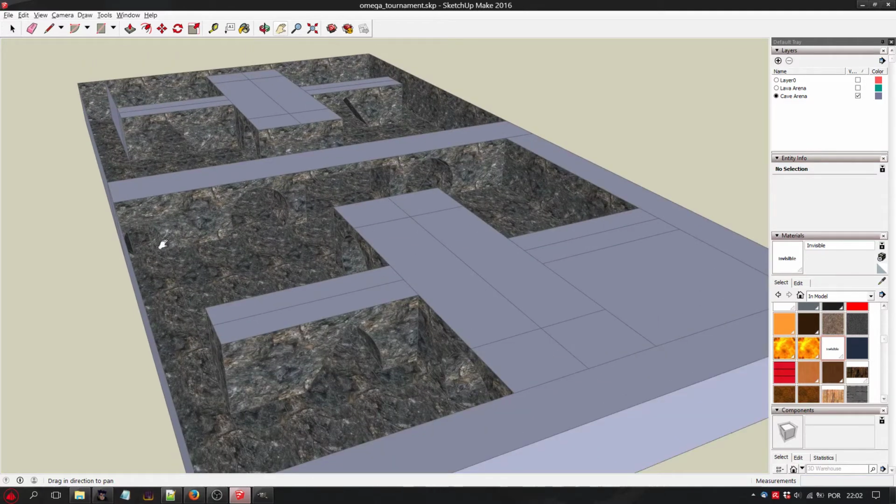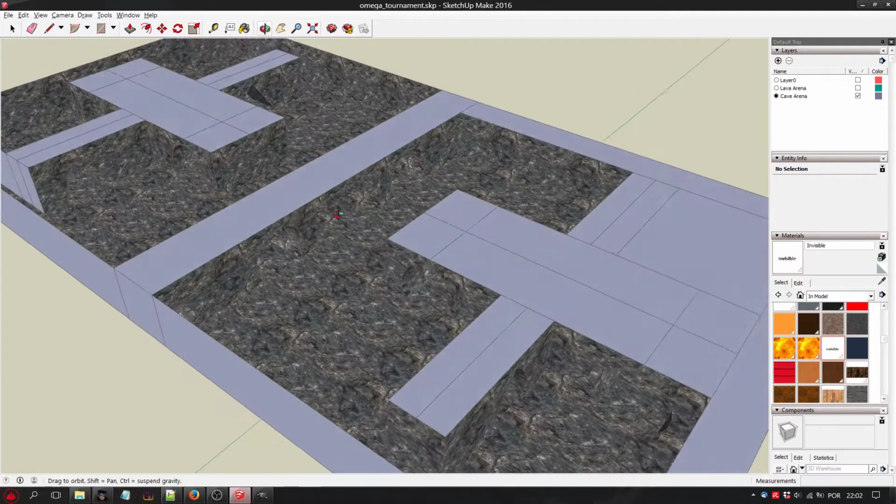All of this area will be where spectators will be walking and watching the tournament. But I don't want them to interact with the fighters, and I don't want the fighters to interact with our spectators. So we'll put some walls between them. Let's do that now.